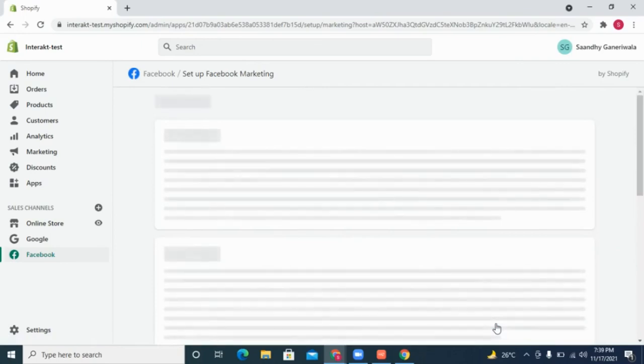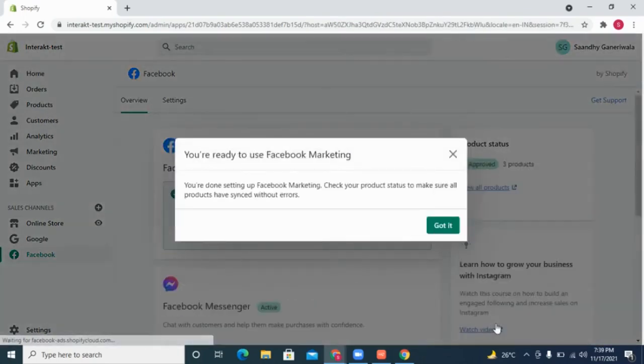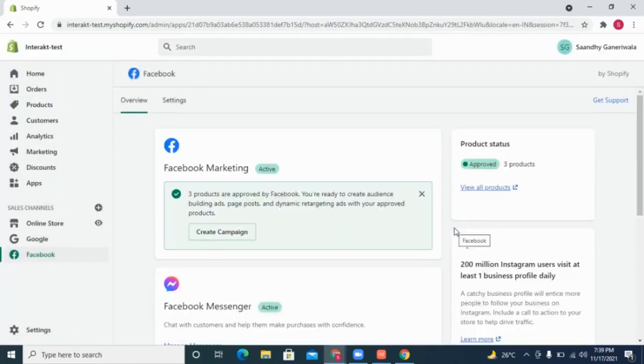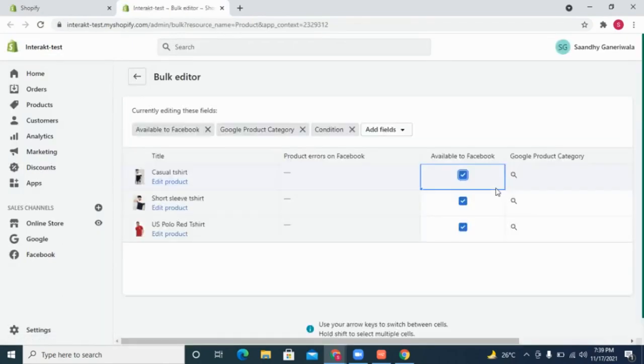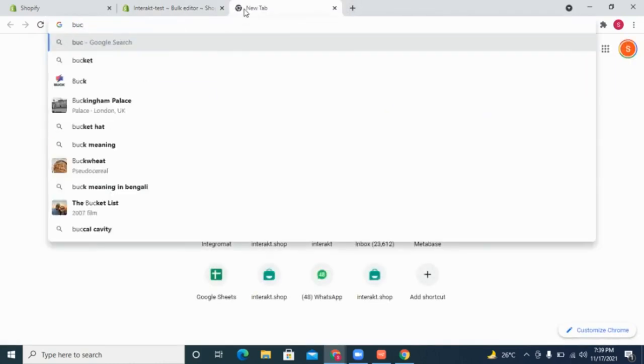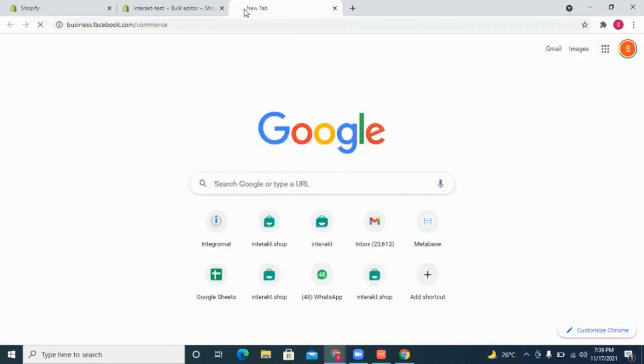But what it also does is, it automatically creates a Shopify synced catalog in your Facebook catalogs in your Facebook Commerce Manager. Here you can view the approval status of the products. All your Shopify store products are first approved by Facebook before they can get added in your Facebook catalog. You need to make sure that the available to Facebook option is ticked for the products you want to show in your Facebook catalog and henceforth in your catalog messages on WhatsApp. Next, go to the Commerce Manager on Facebook. You will see a catalog named Shopify Product Catalog appear there.